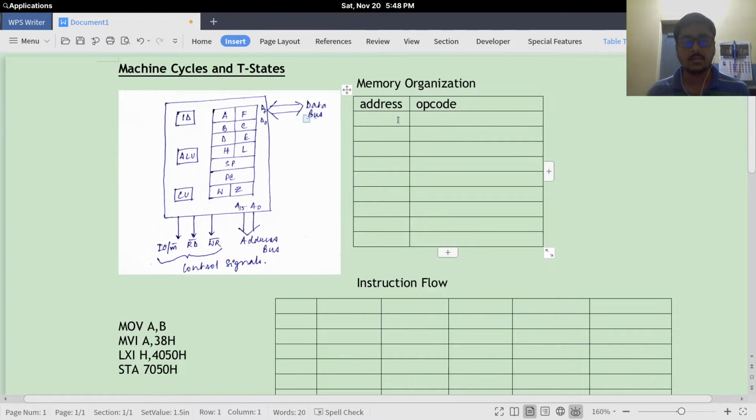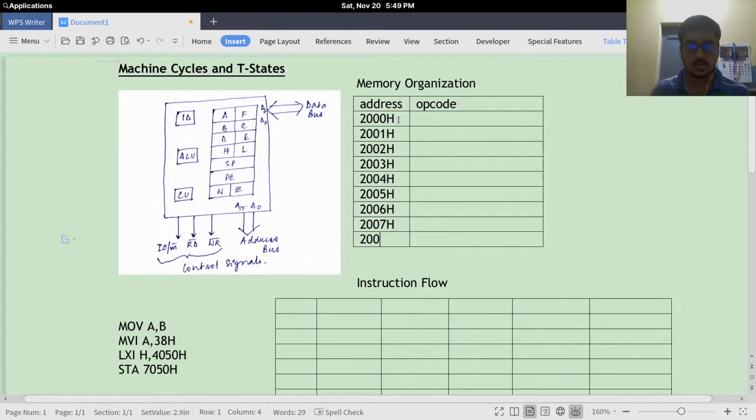Now in the memory organization, I'll be starting the address from say 2000H, and then going till 2001H, then 2002H, 2003H, 2004H, 2005H, 2006H, 2007H, 2008H.